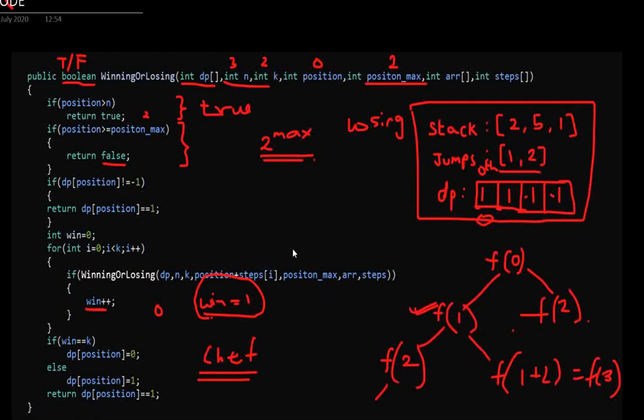So we can conclude that each position is going to call k different values in the worst case. Now, once we calculate f of 2, the next time, even if f of 2 is being called, it will be solved in constant time, right? This is not going to get evaluated multiple times because we had already saved our result in this part of the code. So this is why dynamic programming brings down the time complexity. Had we not memoized our results, then we would have landed up with an exponential time complexity. So this is what dynamic programming helps us with.